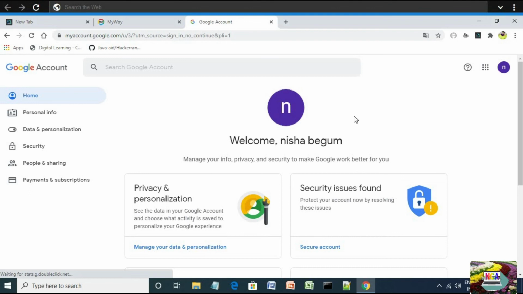That's it, you have created your Gmail account. Now you can open your Gmail account in any of